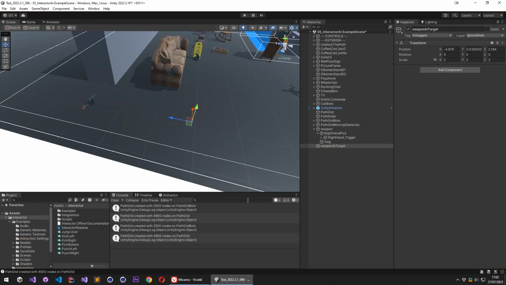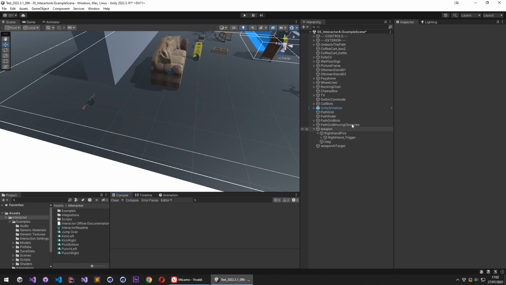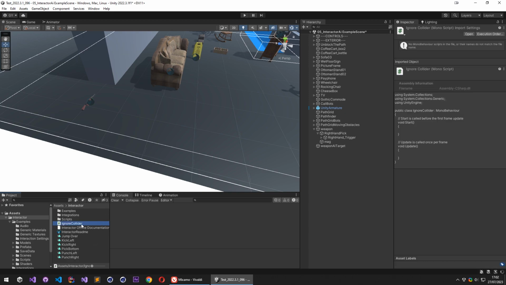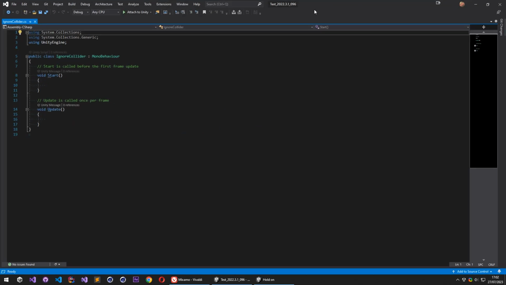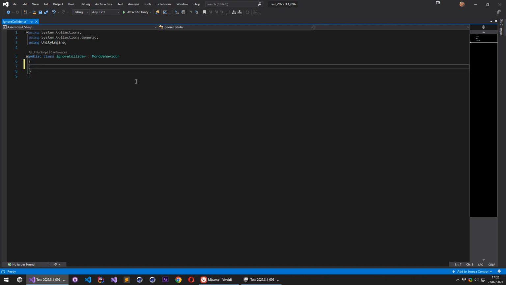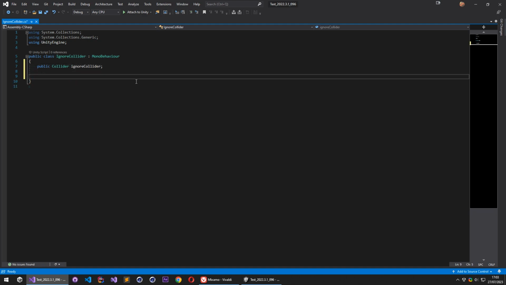Okay. So let's write a small script to ignore this collider. Let's create a new C# script here. It will be really small. Ignore collider. Open it. Okay. So this will be on the player, and it needs some colliders. So they need to be public. Collider. And ignore collider. And on the start,